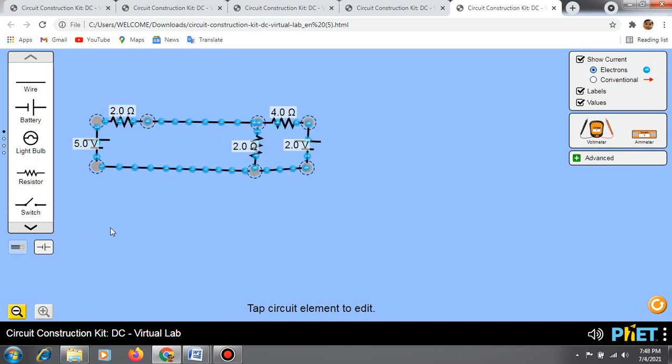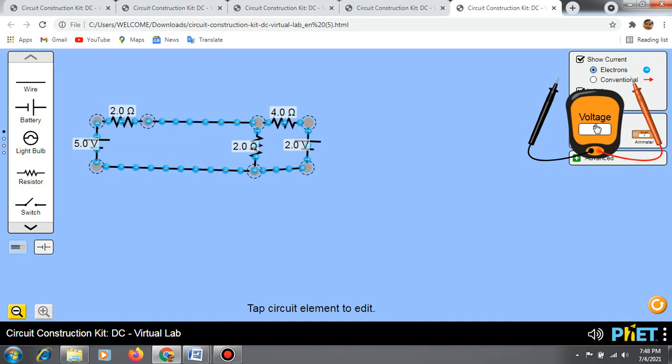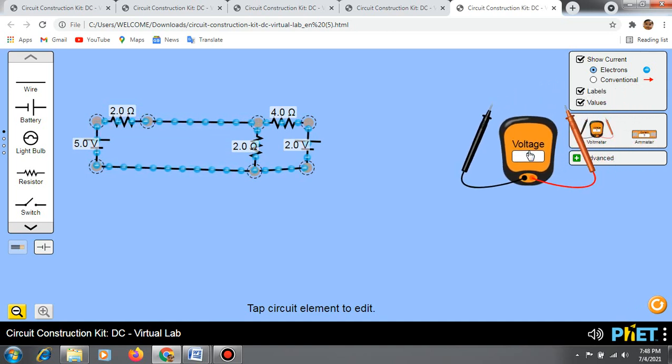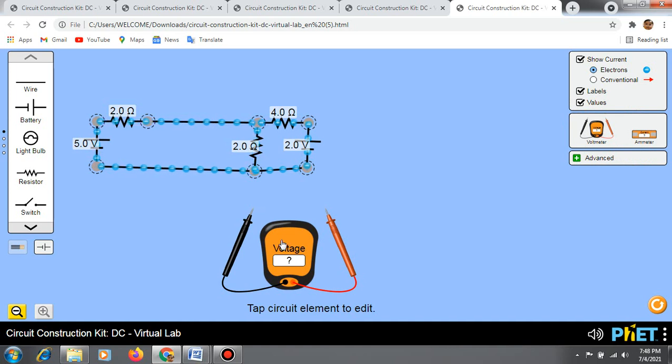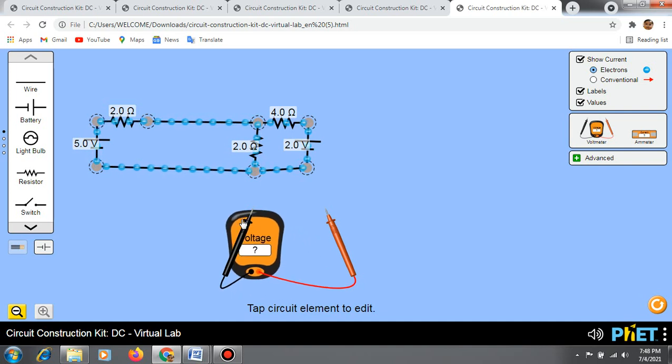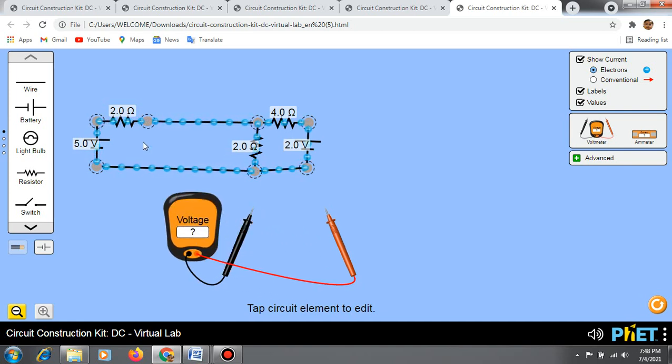Now we are going to verify our voltage law. In order to verify the voltage law, first we have to select the voltmeter. So just click this voltmeter and drag here. First we have to note down the readings of voltage across this 2 ohm.